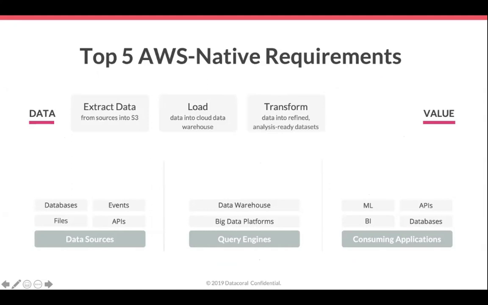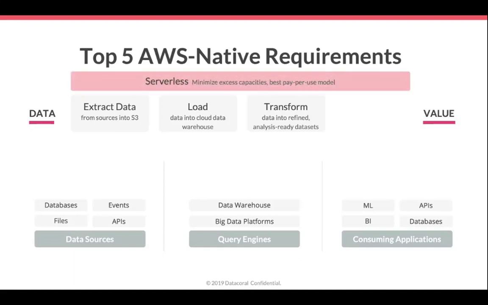Okay, so what now? If we describe the initial requirements as being AWS best practice ELT, let's talk about some of the other areas, some of these top 5 AWS native requirements that we also need to support as we go through this exercise of automating data pipelines.